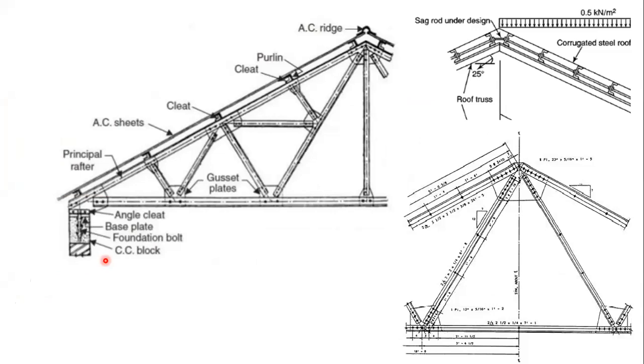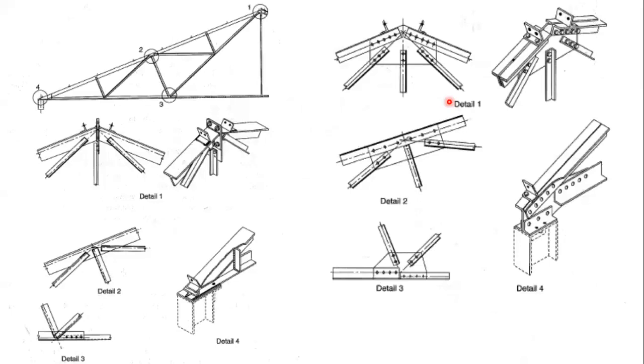So in addition to this, these are some connections. I hope I have not come up to this part. So these are some connections at the joints. In steel design, connections are very much important. Also, in addition to designing the member, if your connections are not safe, the members may not be properly attached over there. So it is important that you give equal importance to the design of connections.